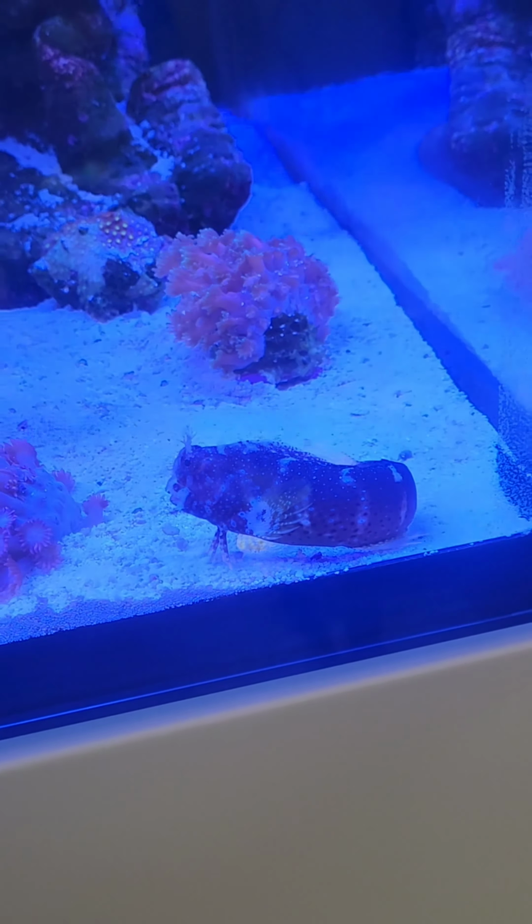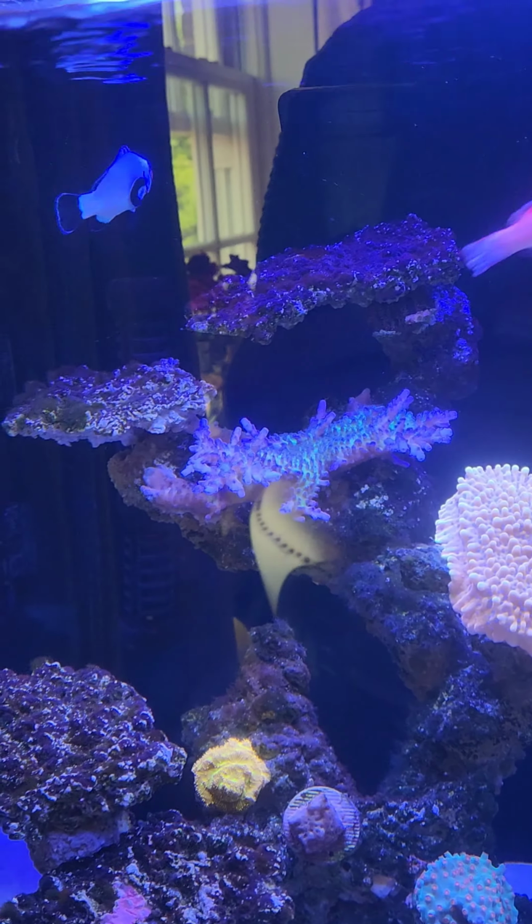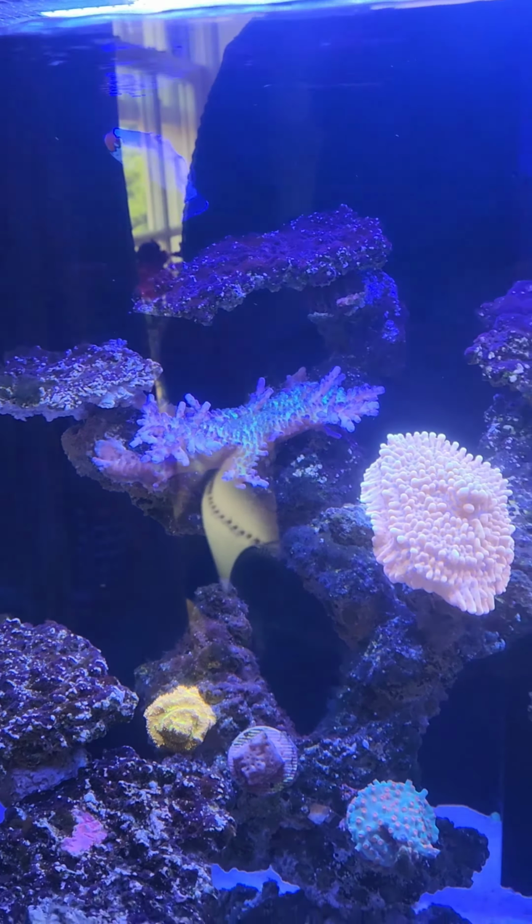And the boy there as well, she obviously dominates him. But yeah, I love these. These were my first fish in my old tank, and they've been with me ever since. They're not finicky eaters either. They always know where the food's coming in, and they're just very cool. They haven't hosted anything in this tank, and unfortunately I don't want to get an anemone because it could move